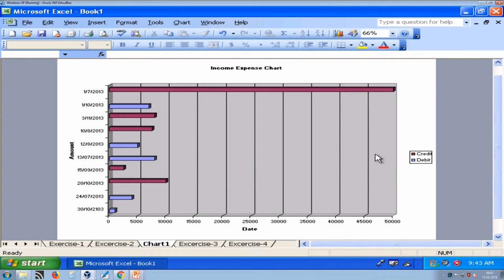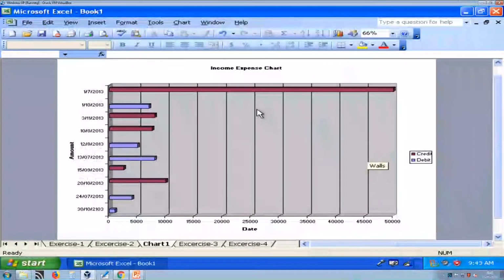So, you can create a bar chart in just a few clicks using Excel. This is a very simple but useful feature of Excel to visually represent your data in the form of a chart. While creating a chart, you just select the range for which you want the chart, and then you have to provide certain information.